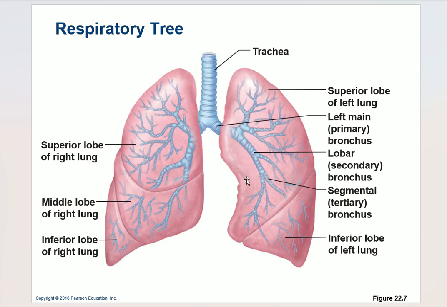You'll have one heading to the inferior lobe of the left lung, right here. And then you'll have one heading to the superior lobe of the left lung. So you only have 2 lobes on the left side. You have 3 on the right side, so you'll have one